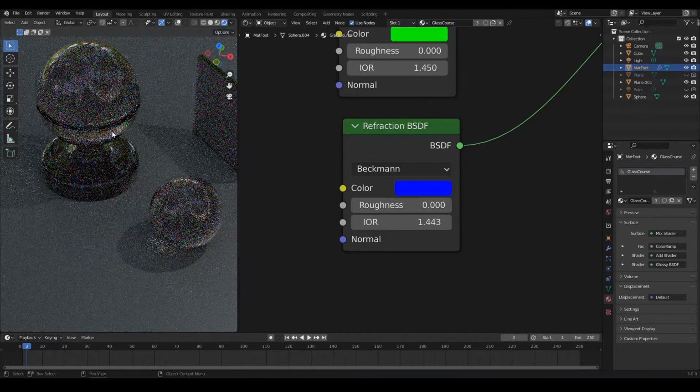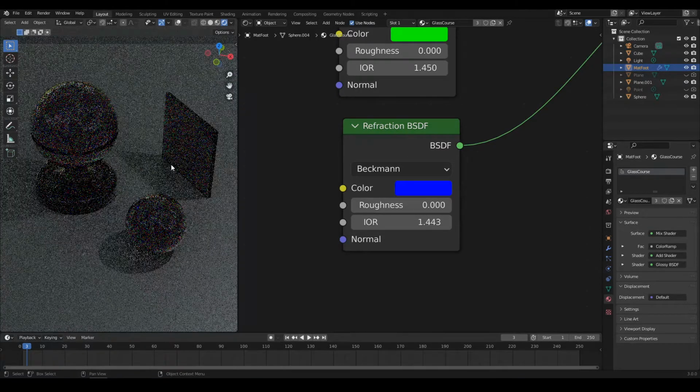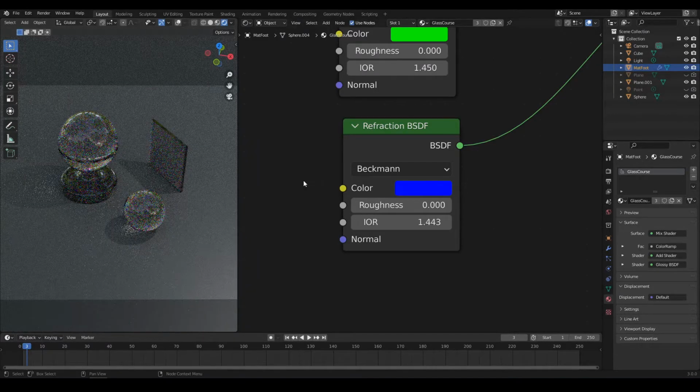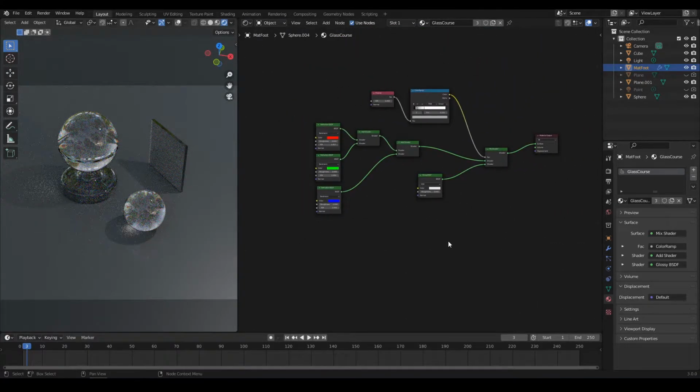If you look close to your object, you see that on the edges we got some kind of color or light dispersion, meaning we can see red, green and blue tint in the places of our glass. Okay, this is dispersion. And now the fourth one, you might have heard of it, is called